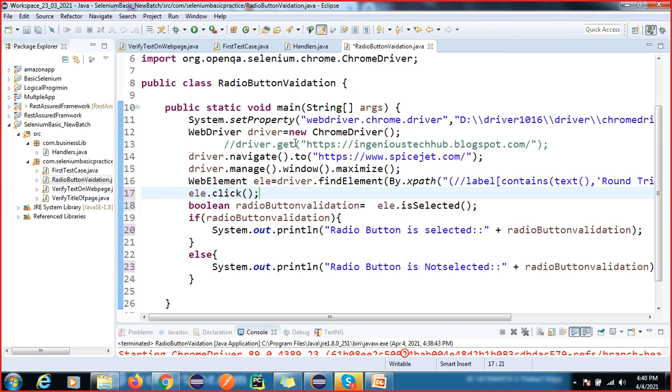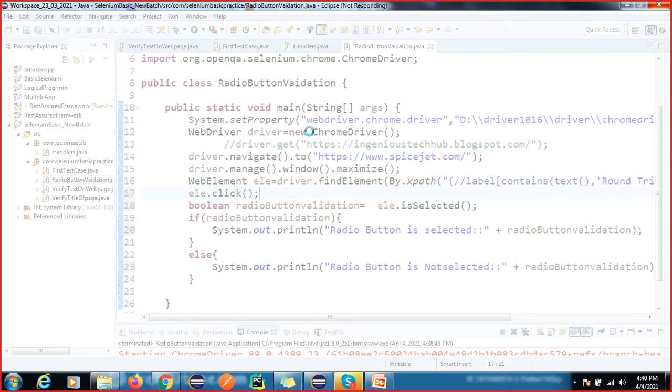Now it is returning false, and by using the click method it will return true. My system is very slow, it's hanged.